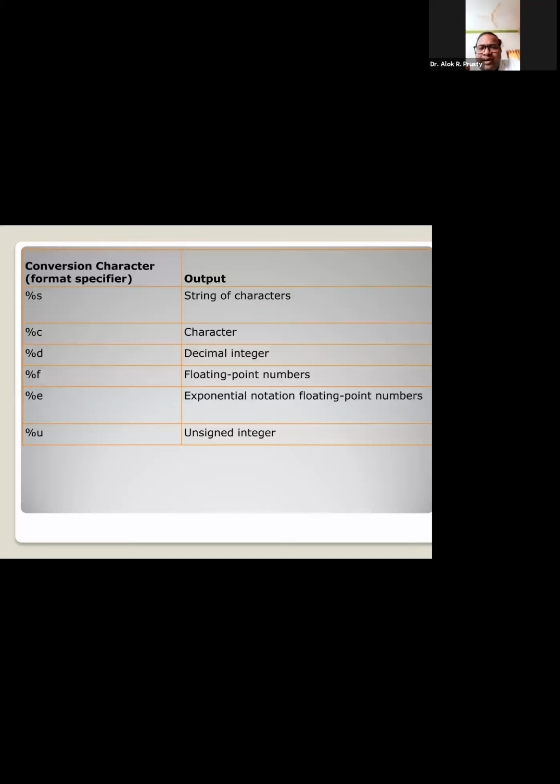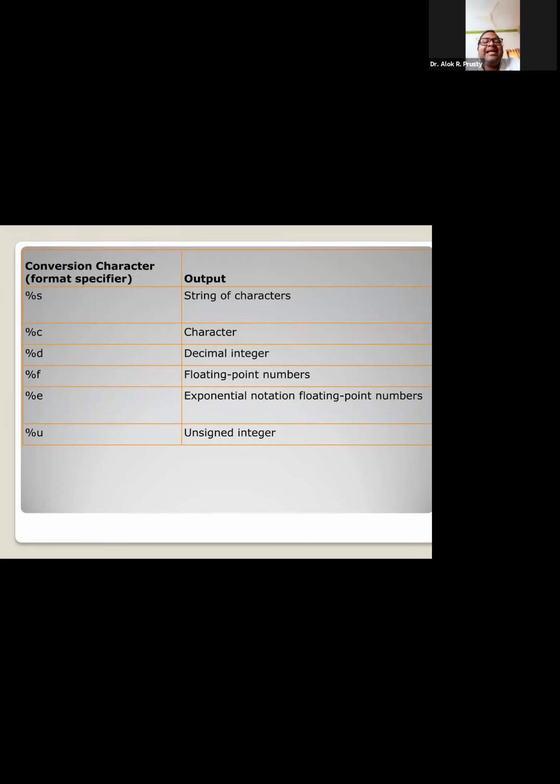If I want to display it, or operate with the variable, in terms of exponent, then I can use %e, whether it is for input or output. Whenever I want to present my number in terms of exponent, let's say I have a bigger number, I can show it by using the exponent.